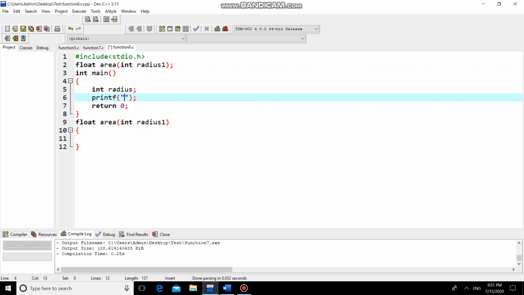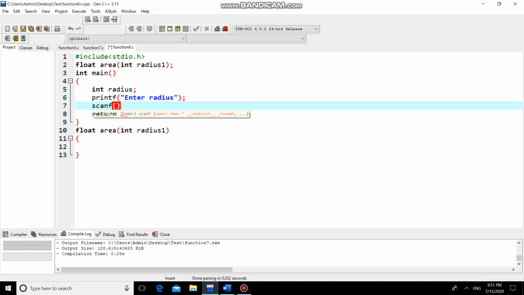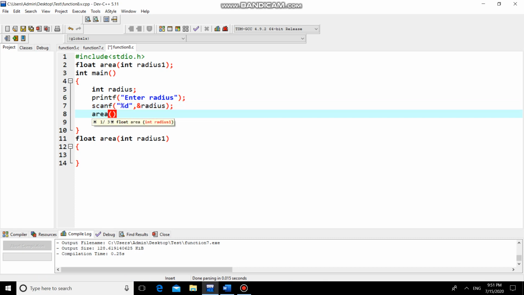Allow user to give a radius of circle, read that radius, call area function by passing this radius. Call area function by passing radius.